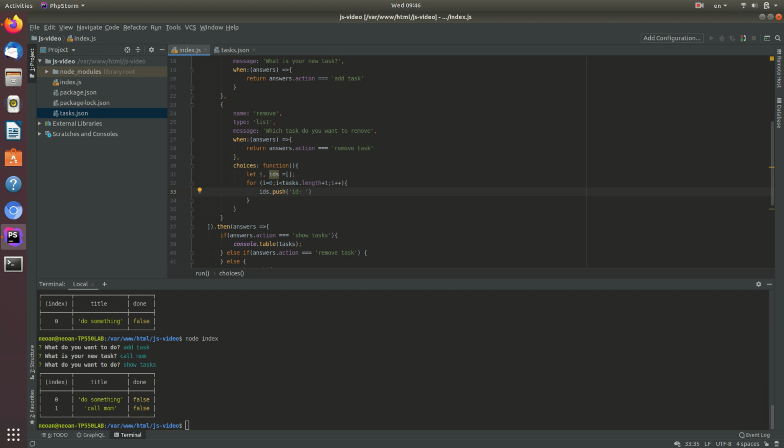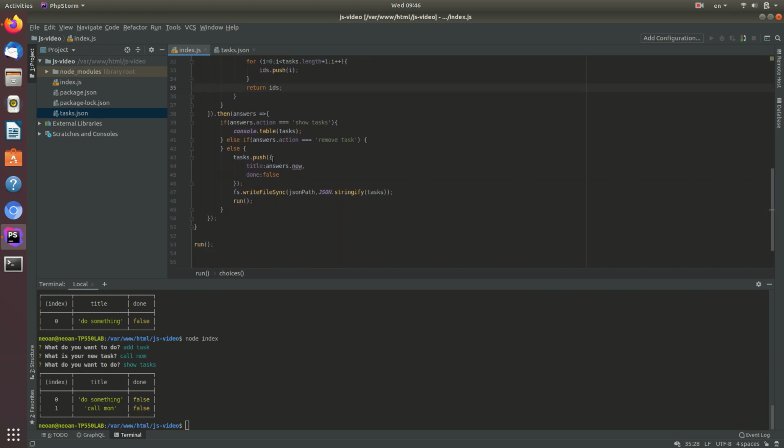Let's not even do that. Task ID do you want to remove? Yeah, let's keep it as simple as possible for now. Just going to do this, and here at the end of the day I'm going to say return IDs. Okay,